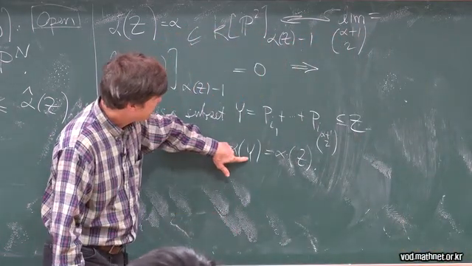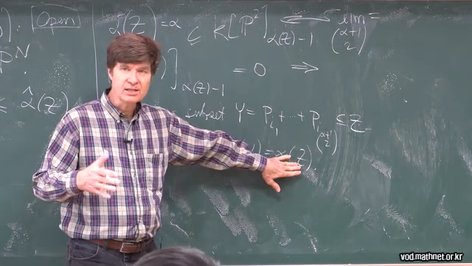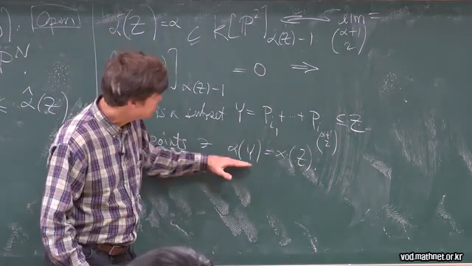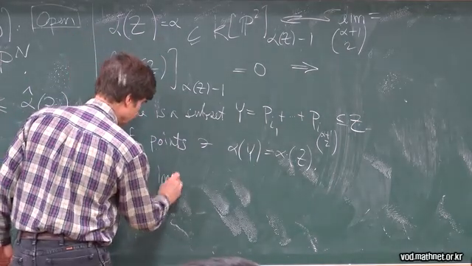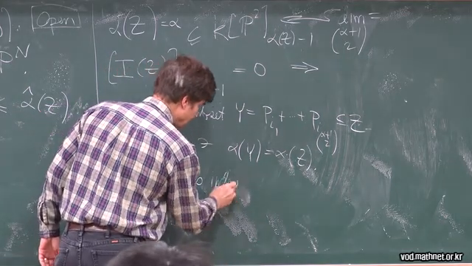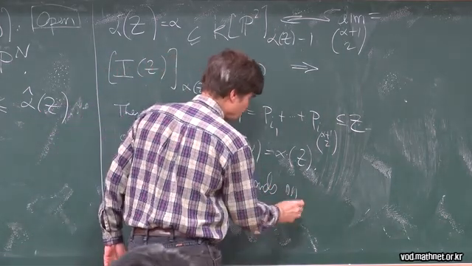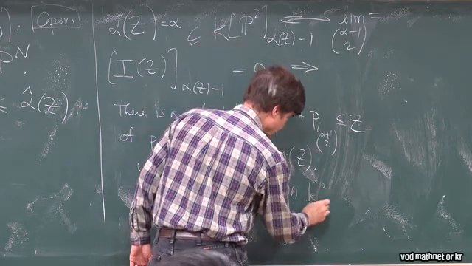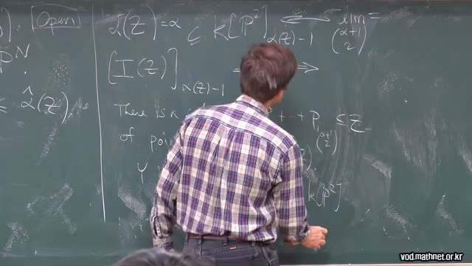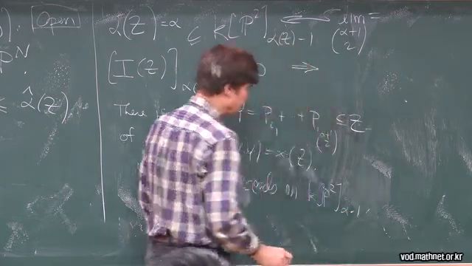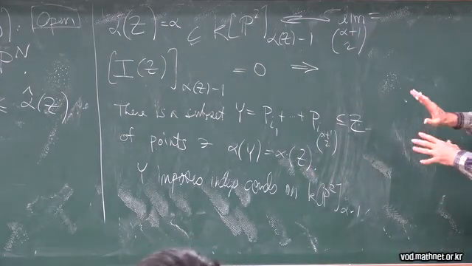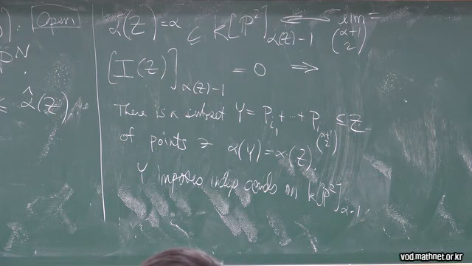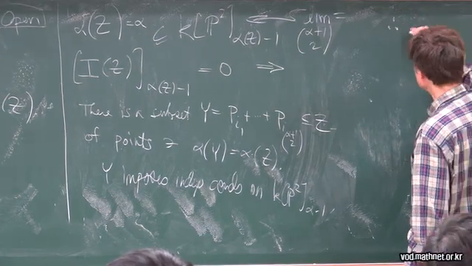And so the conditions that z imposes aren't necessarily independent. You may have too many points, but the conditions that y imposes are independent. So y imposes independent conditions on the vector space of forms of degree alpha minus 1. And the next thing that you need to know, this is a lovely proof, Chudnovsky was brilliant, is that therefore